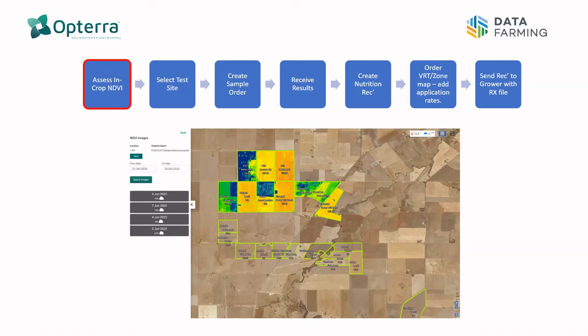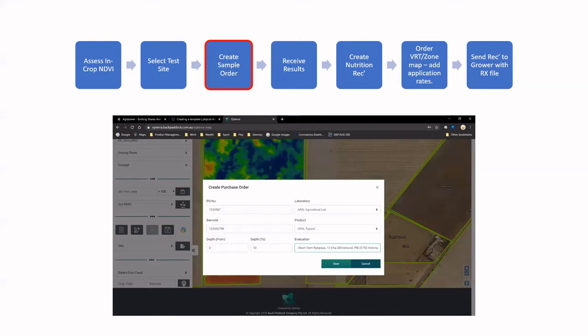So you can see there on the left-hand side, you're just putting through a date selection, looking at those cloud masks to make sure that the imagery that you're going to get is relevant to use. 4th of June was 0% cloud cover, so that would be an obvious one there. From that, within Opterra, there's a new ability now to be able to create purchase orders directly from the Paddock itself by, in this instance, interpreting the NDVI image and determining where you may wish to